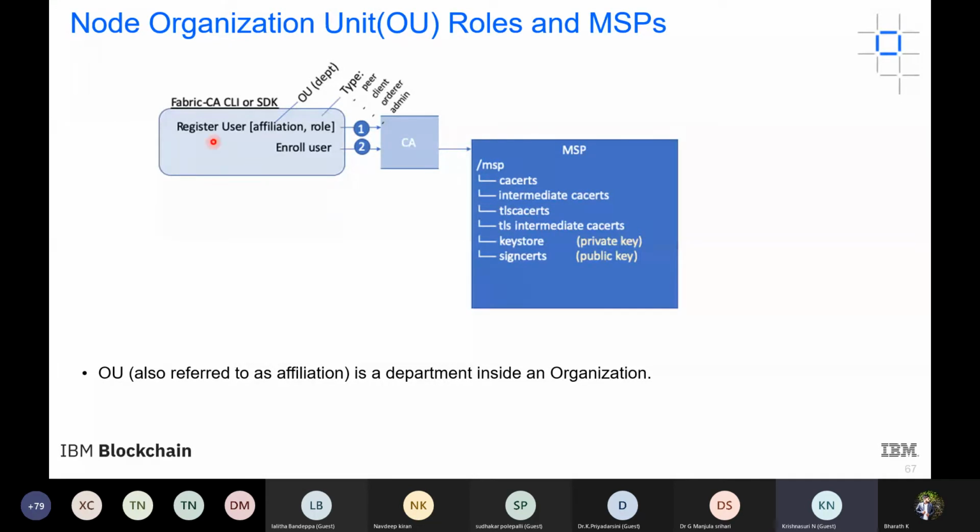So first you acquire an identity; there is some CLI. These different components are all, by the way, part of the Fabric network. Whenever you are onboarding to the Fabric network, you do all these things. What you do first, you will use your organization unit or department information, that is your affiliation information, and